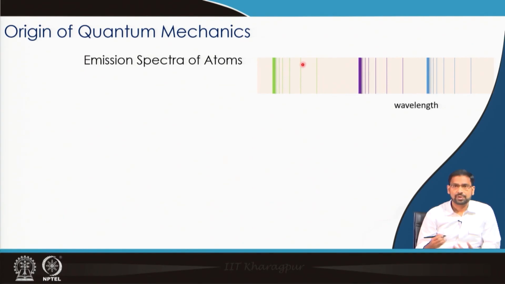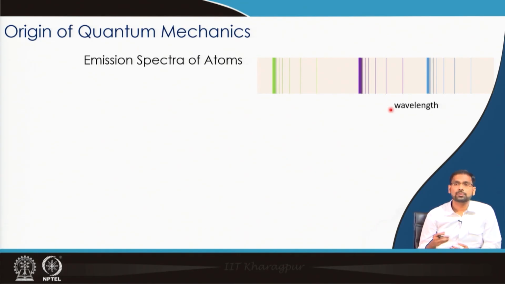For hydrogen atom, when the emission spectra were recorded, it was very puzzling, but as you know the story, there were Lyman, Balmer, Paschen and so on. They could fit one group of lines by using some equations, and finally Rydberg came forward and gave another fitting to another equation that could reproduce all these bands together in case of hydrogen atom's emission spectrum. So using Rydberg's formula, we could actually obtain one-to-one correspondence with these emission lines, but that did not give us any physical